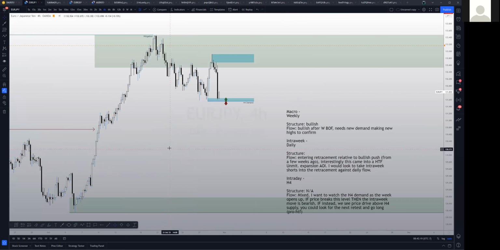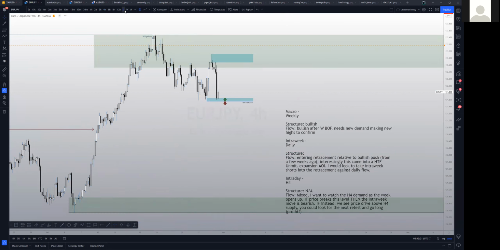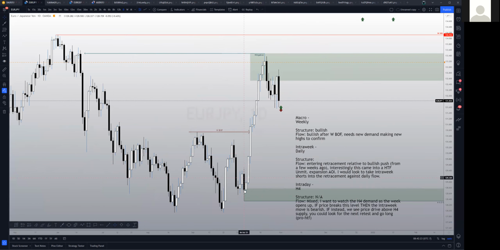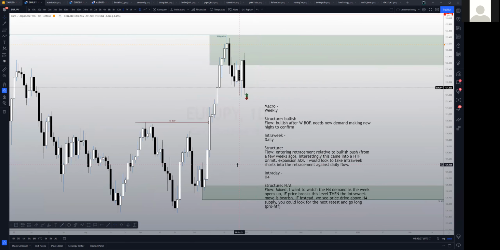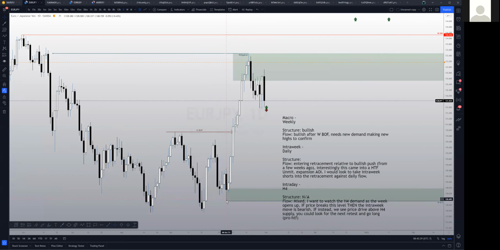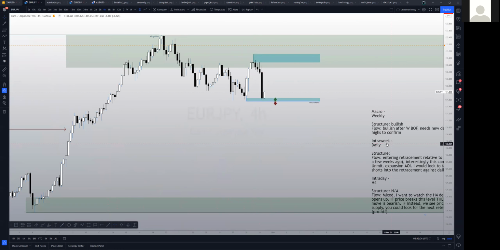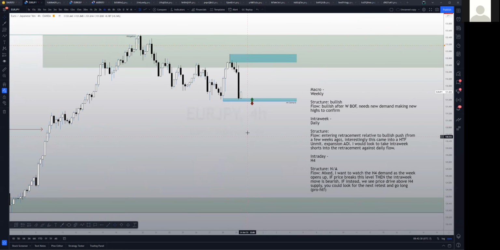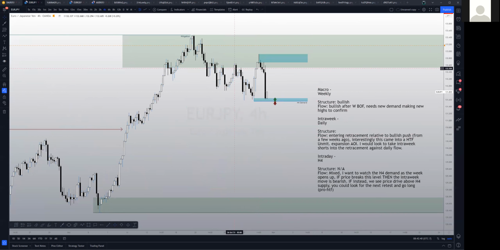All right, EURJPY for our last one, very similar to GBP JPY. We saw this massive eruption to the upside, huge weekly break of flow here. This is our daily chart. We can see the price pushed very, very high, and now we're just kind of moving sideways. Very similar to GJ. As we start to look in here on the details, we can see that, yeah, we are getting a bearish flow. We had a break of flow right here. Sellers are definitely showing their hand.